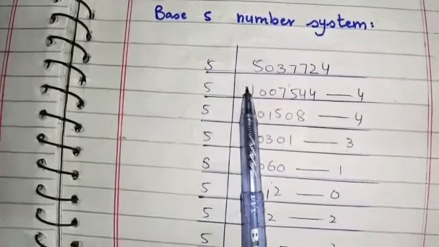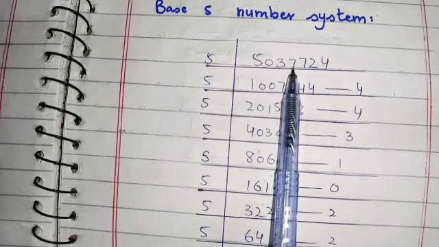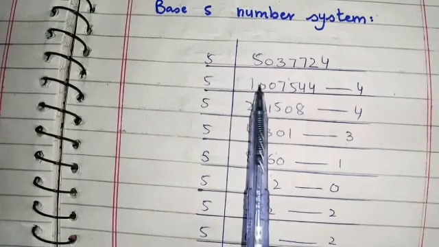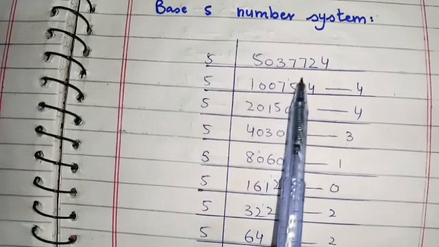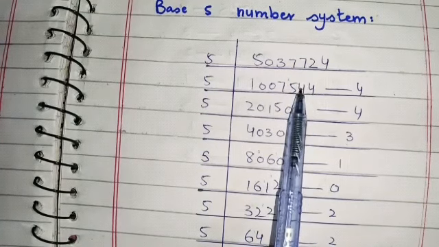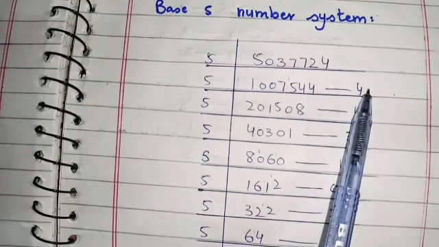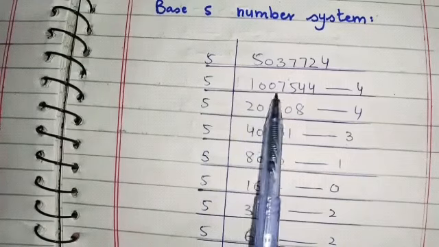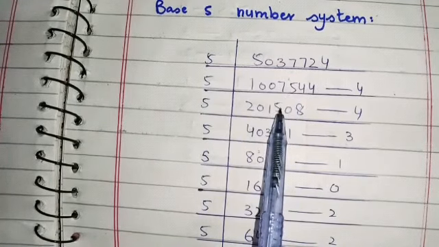Let's start. 5 1s are 5, then 0 we will write as it is. We are taking 2 digits at the same time. Here we have 37, then 5 7s are 35, 2 carry to the next number we have 27, 5 5s are 25, 2 carry to the next number we have 22, 5 4s are 20, 2 carry to the next number we have 24, 5 4s are 20, and 4 is our remainder. Then 5 2s are 10, 0 we will write as it is. 5 1s are 5, 2 carry to the next number we have 25, 5 5s are 25.